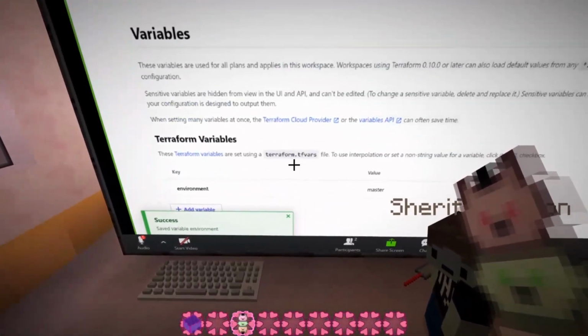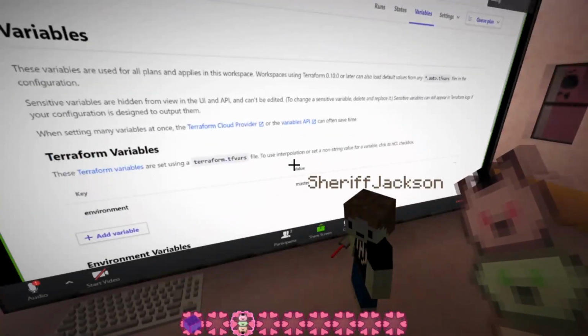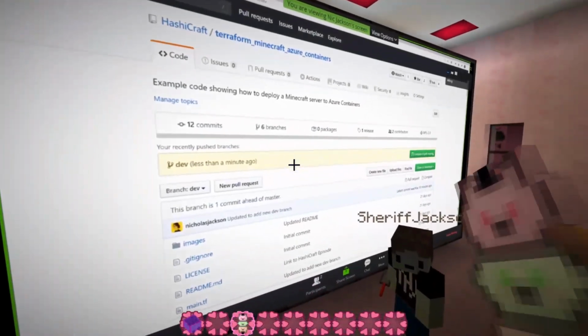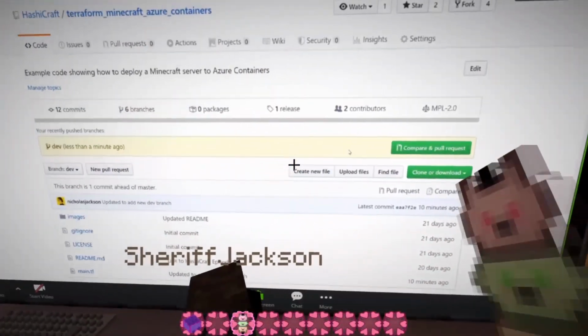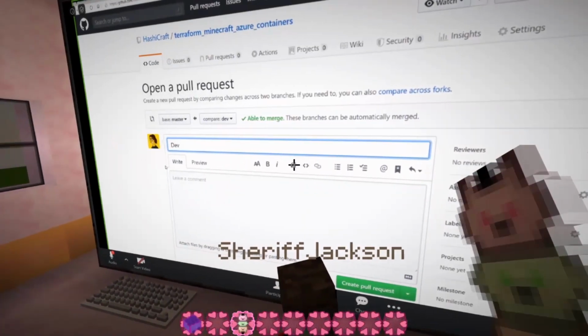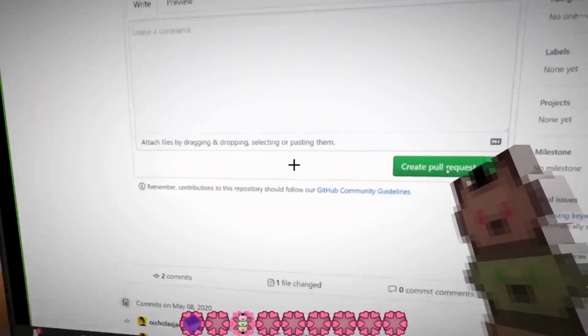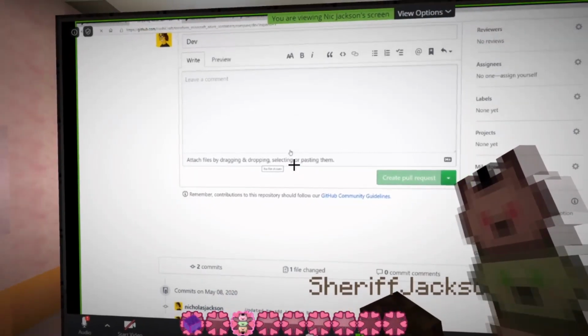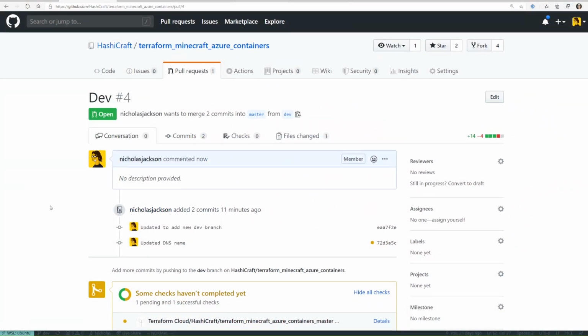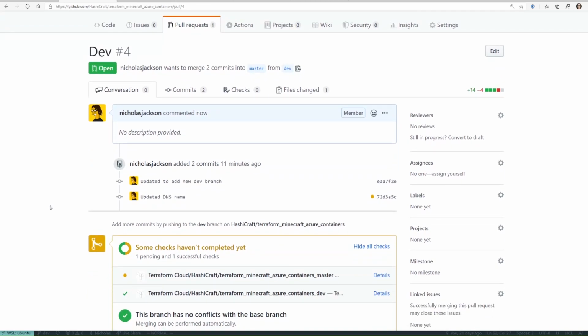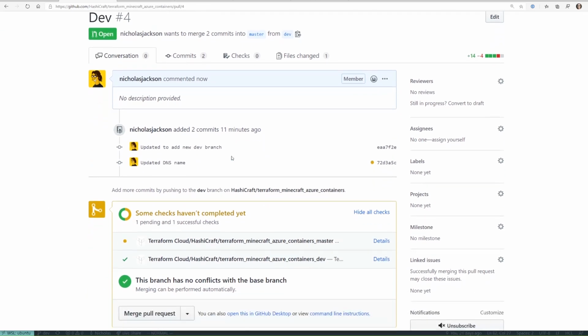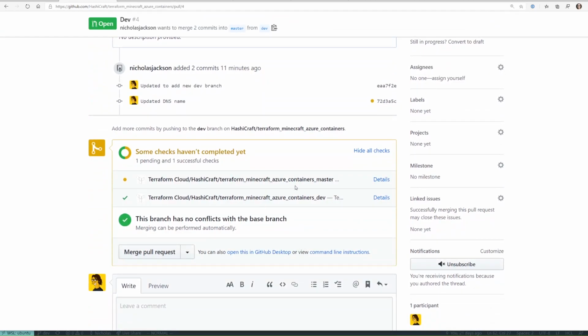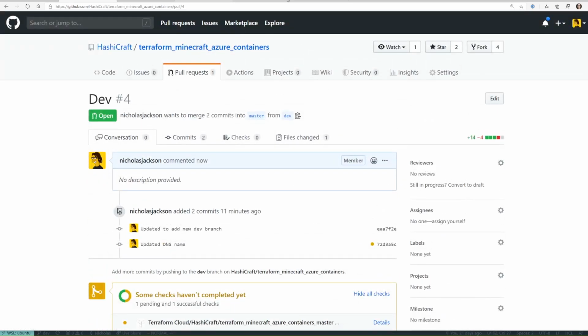Okay, that's great. So if I go over to GitHub, I can see there that I've got my new dev branch, and I can do my PR. So I'm going to create a PR with a sensible message, as always. No description provided. Most sensible message. And what you can see is that that master build has already kicked off automatically.